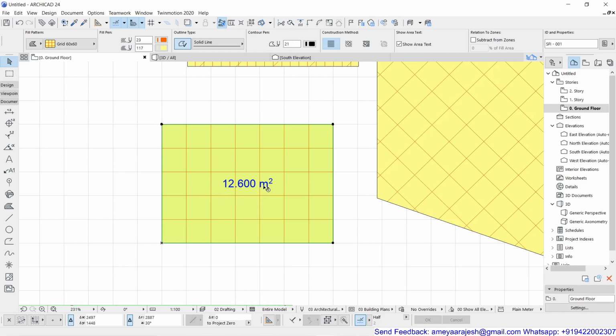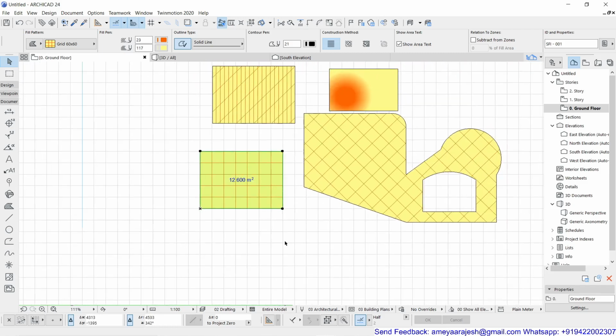That becomes a very interesting option, because as you start doing some basic designing, you may want to keep track of the total area consumed by the particular shape you have designed.